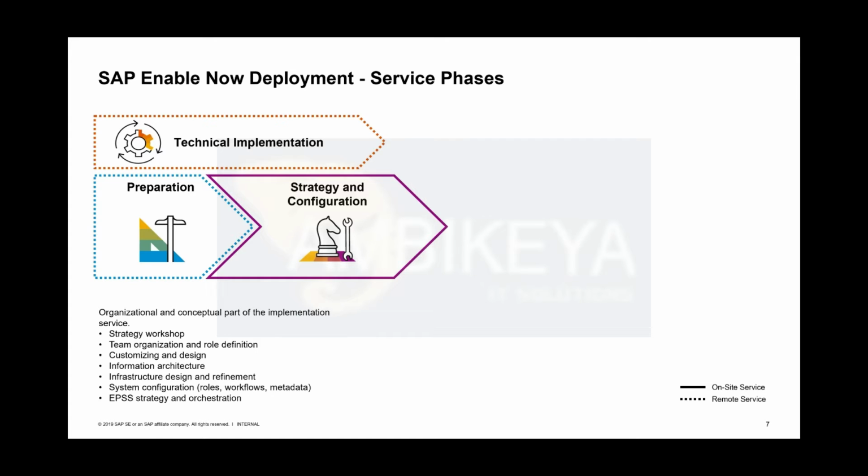I'm going to show you the deck that I prepared for you for the strategy workshop later as well. I believe that's kind of a beauty. So team organization and role definition, for sure, the complete organizational impact. How do we get the right content to the right person? How do we orchestrate and organize our production and the long-term maintenance of our content? All this takes place in that phase,